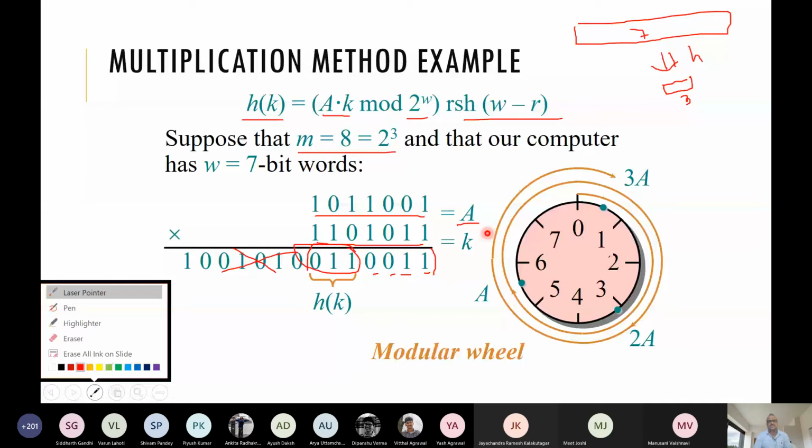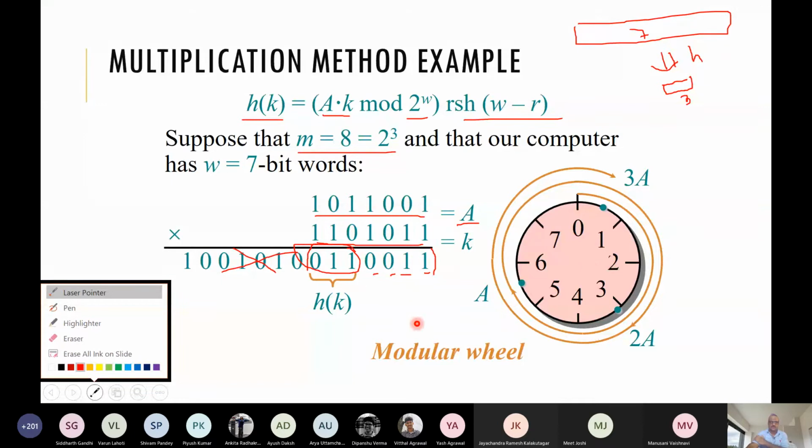You can try to choose some A, take some key set, and see what the good values of A are. Obviously, if we choose A to be all zeros or all ones, that would not be good. But what are the good values?